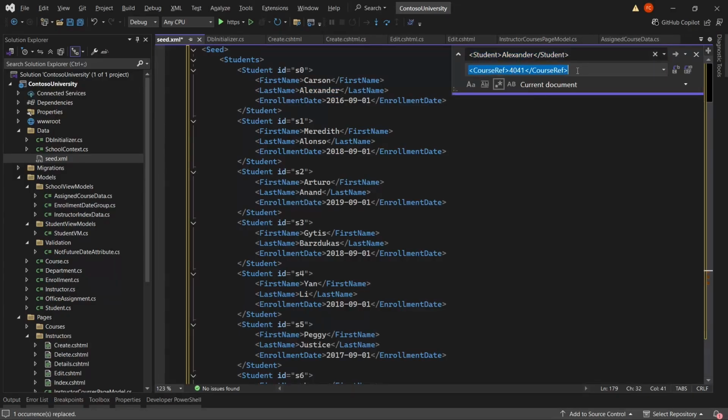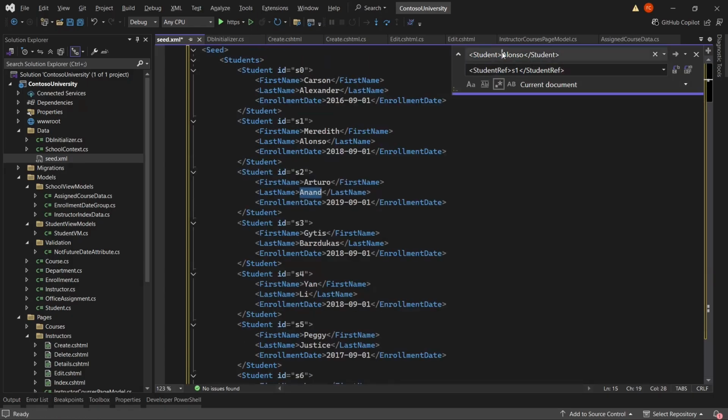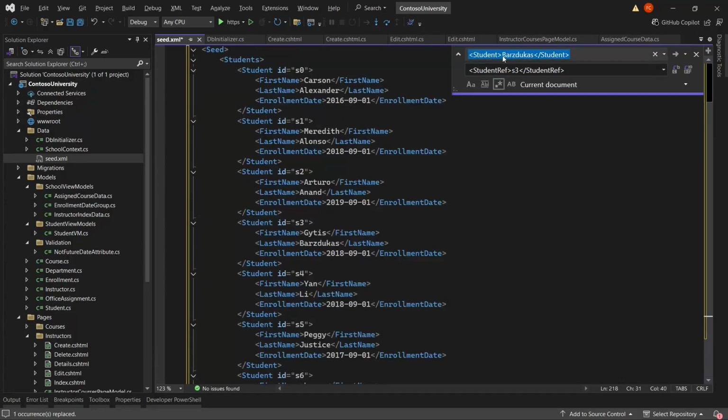It's going to be student ref, and it's going to be S0. Okay, Alonzo will be S1, Anand will be S2, Barsh Dukas will be S3, Lee,